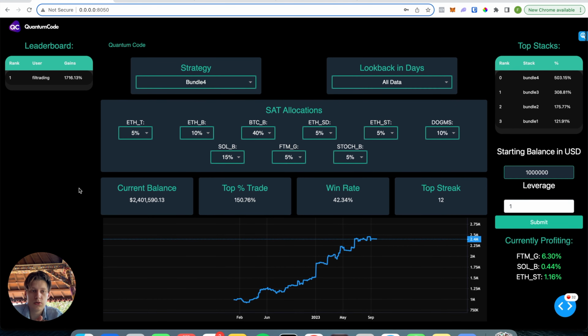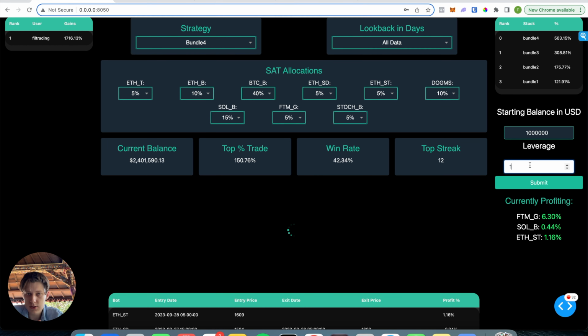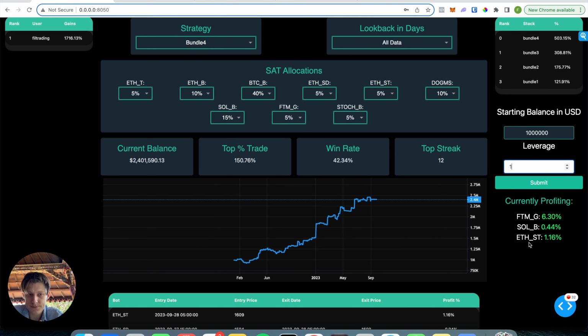But what do you do if you don't have $1 million to trade with? Well, you need to be a little more strategic about it, right? You need to be a bit smarter about it, and you need to know how you're gonna manage the leverage, right? Because if you go too high, which is something that people do on average on Binance, which is a crypto exchange, the average leverage people are using is 20x. We just went to 17x and our strategy broke. What do you think is going to happen with the people going 20x, 50x, 100x?